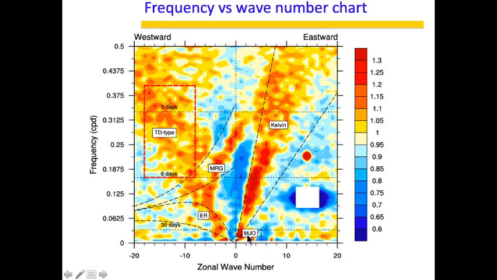The MJO, although it's not a wave per se but a pseudo wave, also has an eastward movement. But one thing you have to remember is that the Kelvin wave has a very high frequency, whereas the MJO has a very low frequency, which we all know because the MJO repeats only once in 30 days or so. It takes 90 days to cover the entire globe. So it's a very low frequency wave. I hope it's clear: Kelvin waves are fast moving waves, and the MJO is not a very fast moving wave. The MJO is a pseudo wave again.